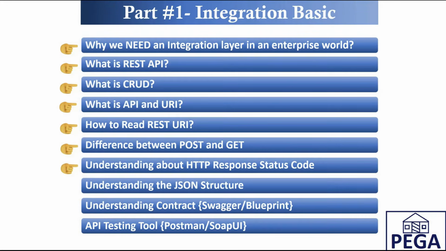And then I would explain the HTTP response status codes and how you understand them when you see a response code like 200, 400, 404. And then I'm going to tell you about the JSON structure, which is very crucial, as in today's world everybody uses JSON over XML for API, because it's easy to understand and it's faster over the internet. Now I'm going to explain the API contract, which is mostly Swagger and Blueprint,